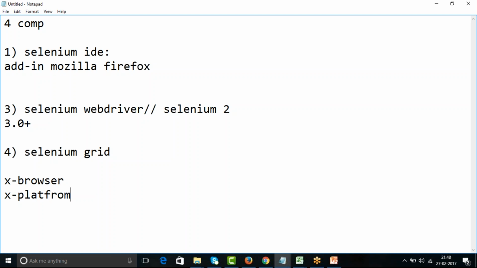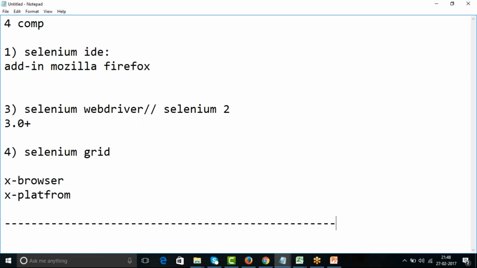I'm just giving the components we have in Selenium. These are the four things we have: Selenium IDE, Selenium RC, WebDriver, and Selenium Grid. In addition to that, we are going to learn a few other things in the Selenium WebDriver classes, like